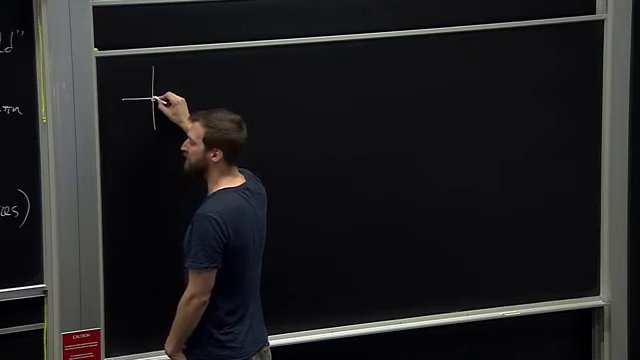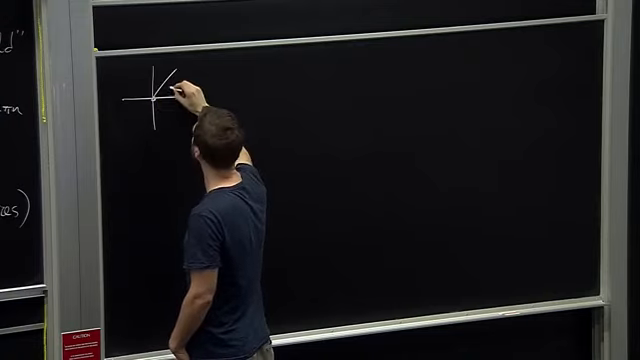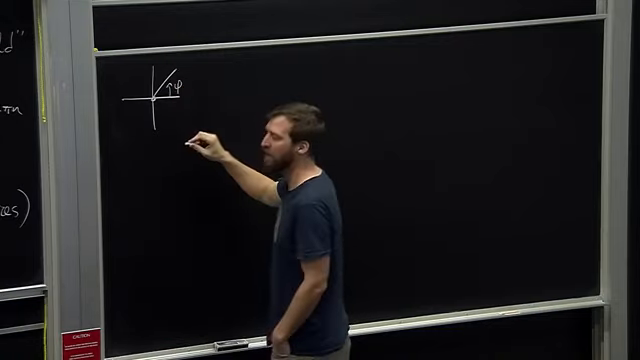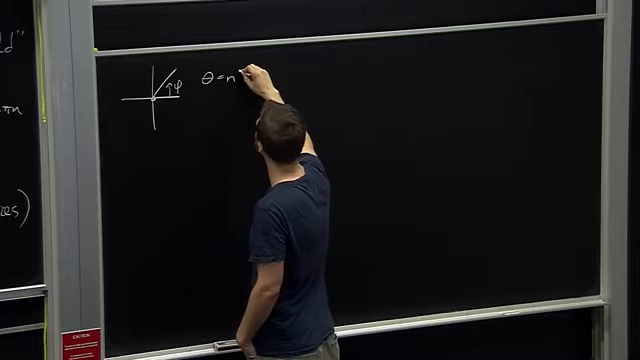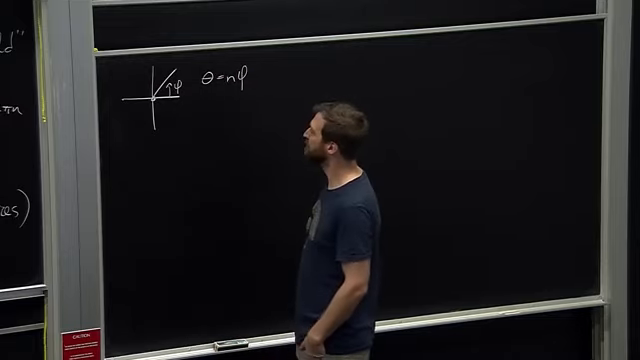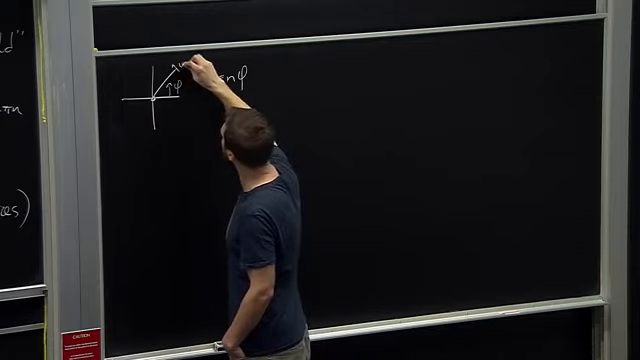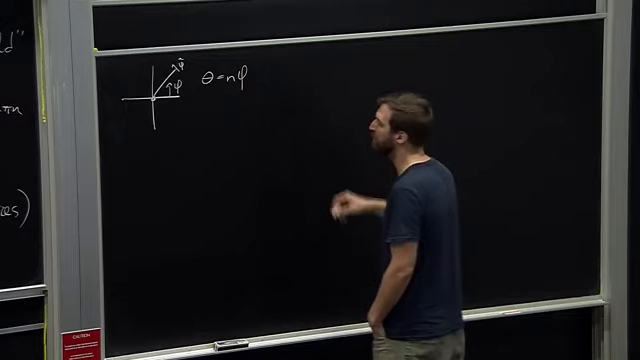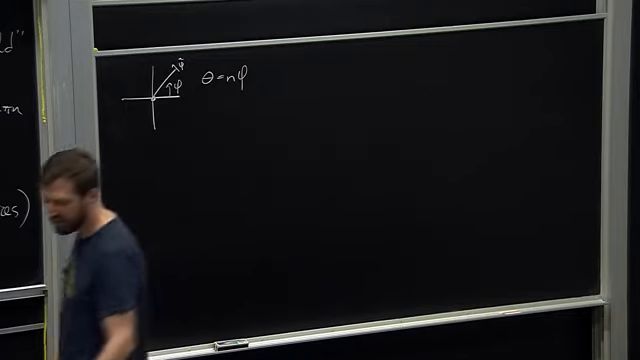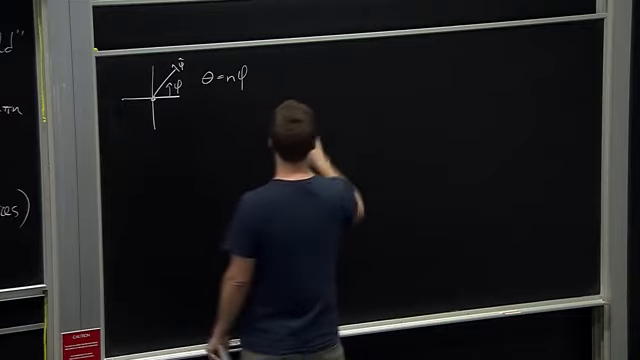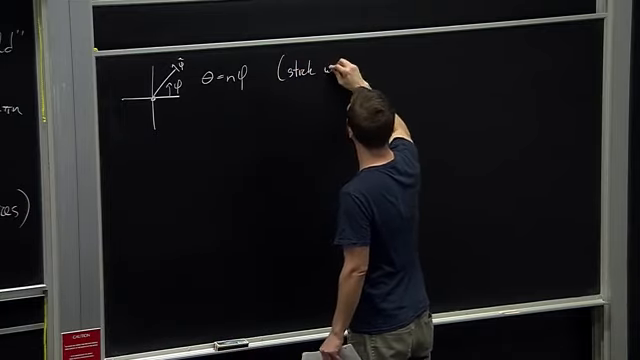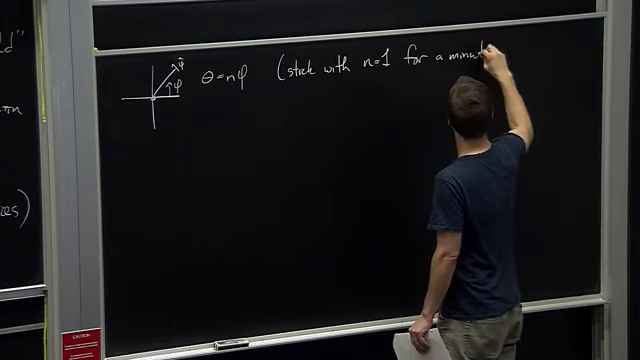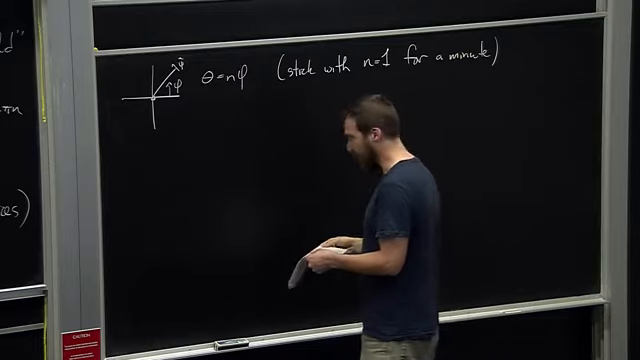So in polar coordinates, I have an angle, I call it phi. And then theta was just equal to n phi. And I have a unit vector, phi hat. And let me just stick with, I'm just going to get confused with that n everywhere. So